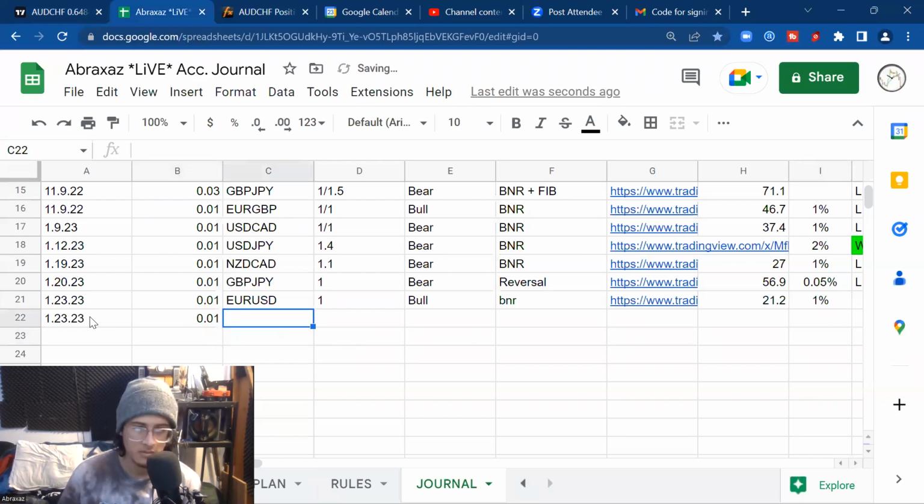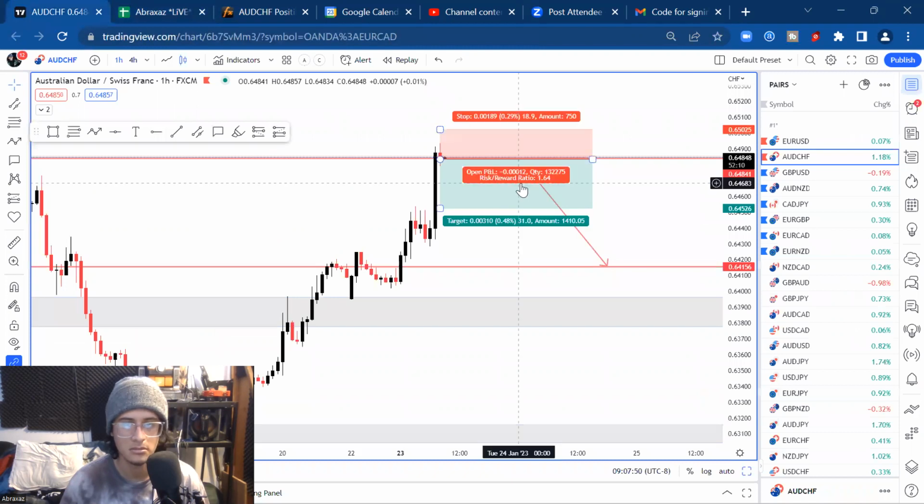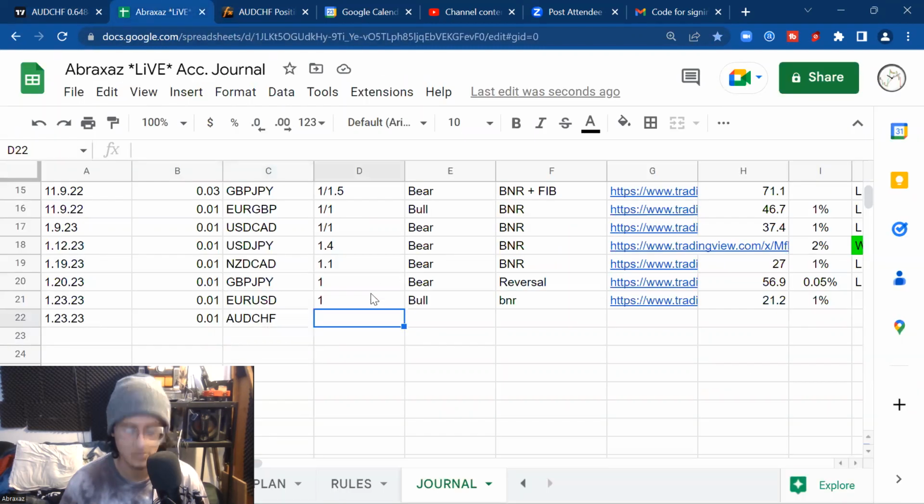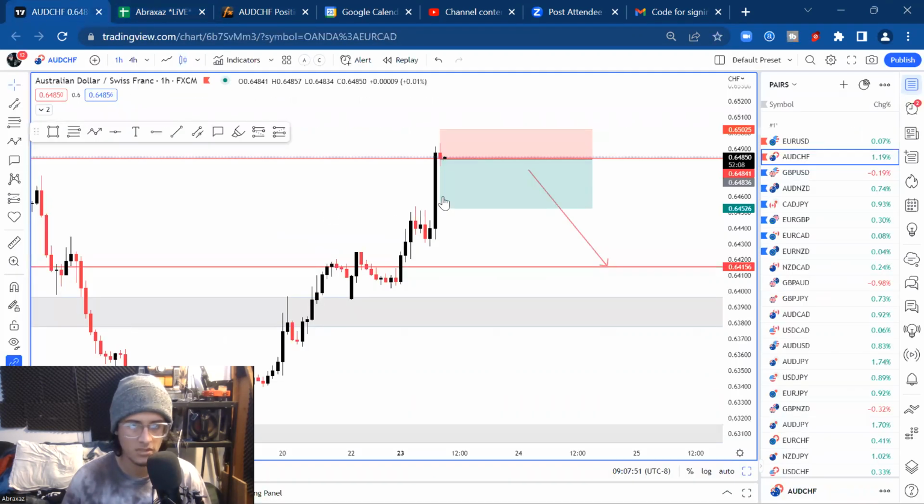I don't know. Should I put more money in? That's the question. What do I value more? Should I continue to collect data, or should I try to make money? That's the whole thing. 1.64, and I'm leaning more towards continuing to do this, getting the data, getting used to trading, getting more experience